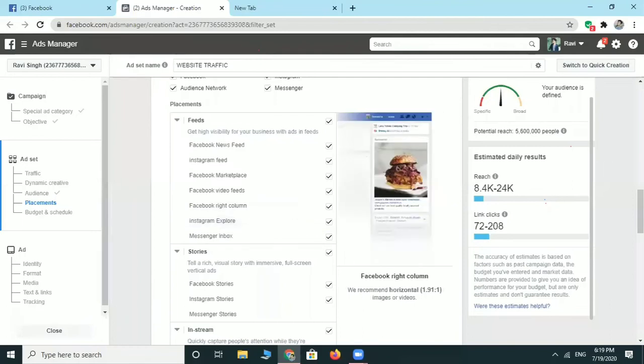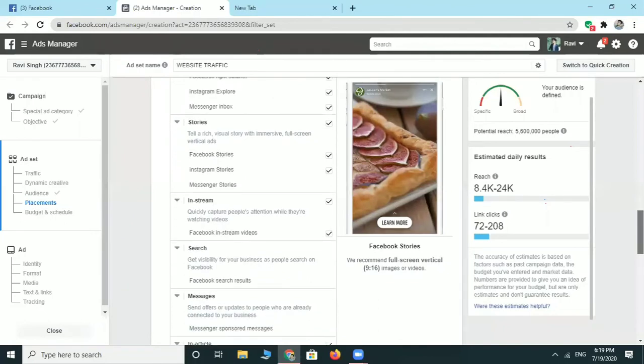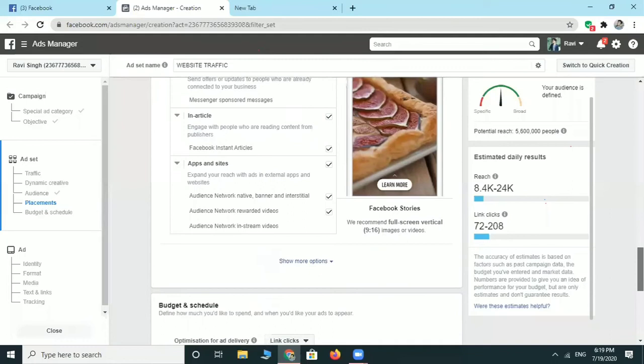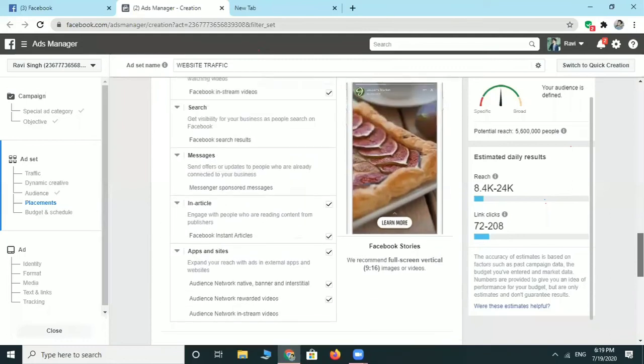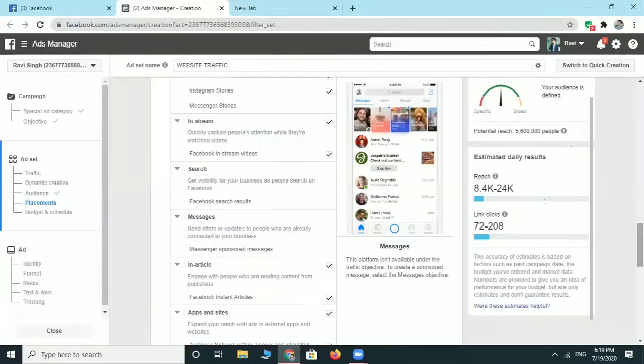As we go down, whether we want to show on Facebook stories or Instagram stories, it completely depends on you where you want to show your ad. Like I am selecting all the ticks, so it will charge me more. Like I will go down here. So yeah, I have done my placement. I'm not changing anything. I want to show my ad on each and every platform.